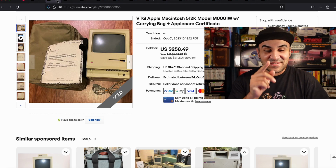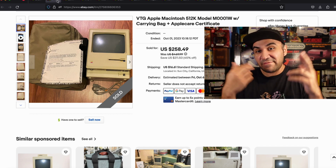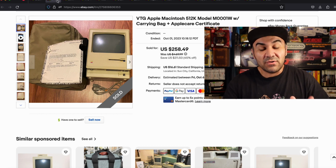This one was sitting in my store for a very long time. And hopefully it's not a return. I'm crossing my fingers. I packed it very well. Bubble wrapped the you-know-what out of it, and stuffed it with paper. It came with a travel bag to help protect it. So hopefully there's no issues there. But I did sell it finally for